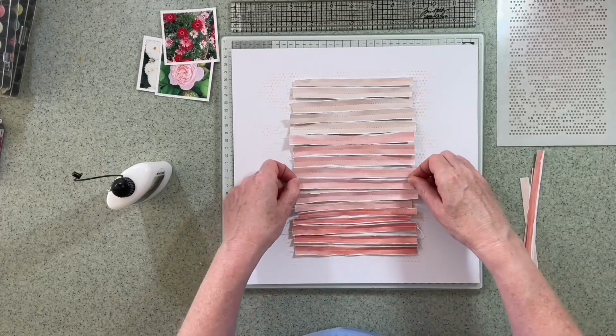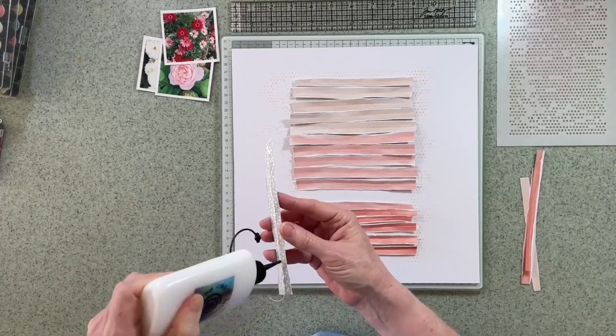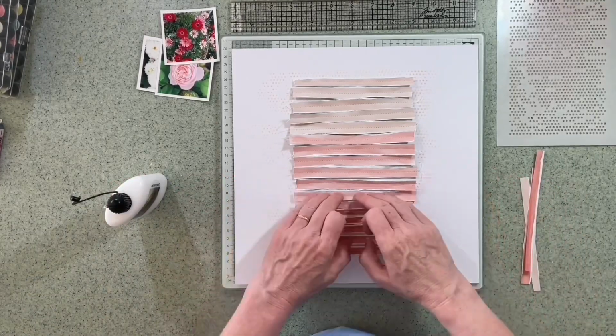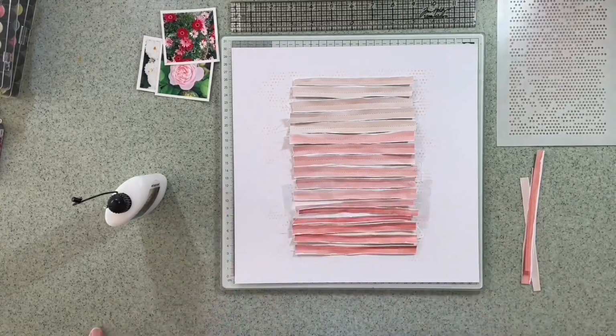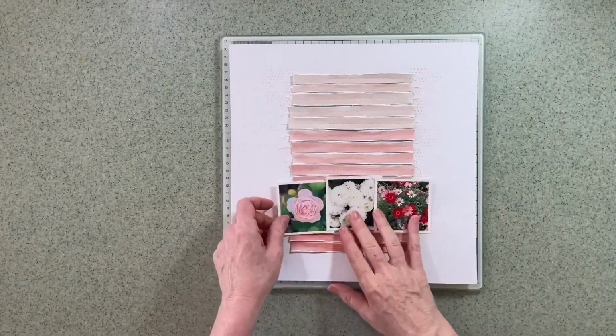So they'll be butting up against each other. They don't need to be particularly well in line. I don't need them to be super neat. So I'm just going to stick them down one at a time. I've finished the rest off camera, so they're all stuck down now, and I've just brought in my 3 photographs